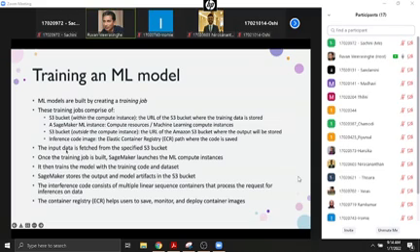Then the input data is fetched from this S3 bucket inside the instance. Once the training job builds the model, it launches the VM. It then trains the model with the training code and the data set, training code from the ECR and the data set from the S3 bucket. Sorry, this says interference. This should be inference code.